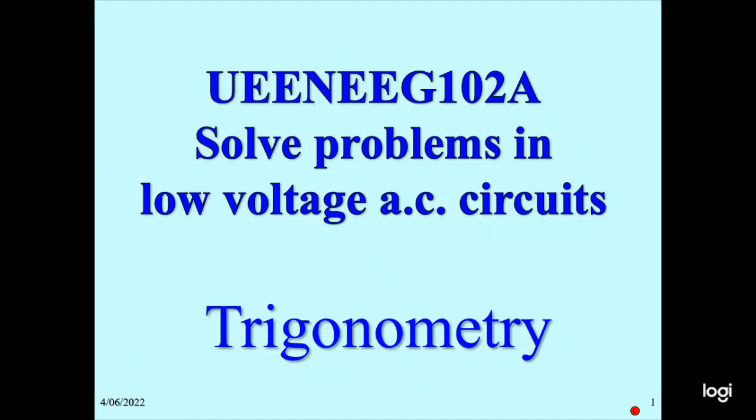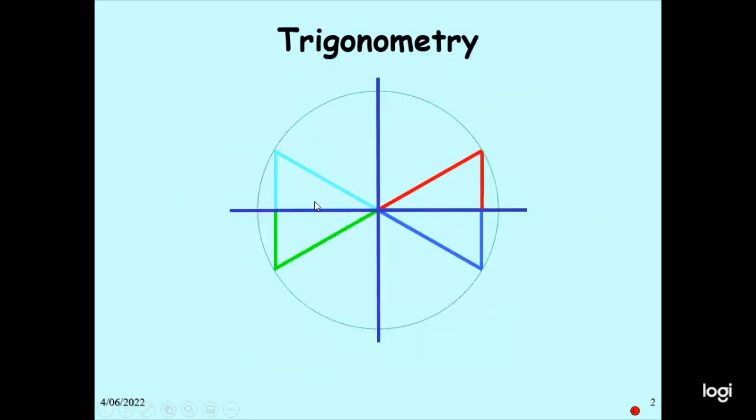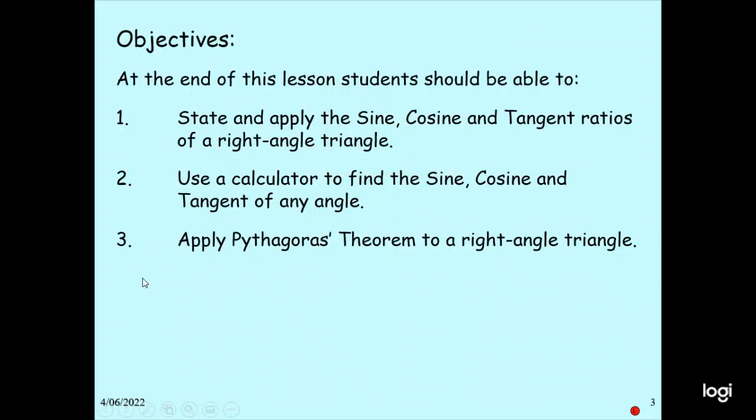We're talking about the sort of problem in low voltage AC circuits, the trigonometry. So this is the trigonometry, this is the adjacent side, hypotenuse, and this is the opposite side. So at the end of this lesson, students should be able to state and apply the sine, cosine, and tangent ratio